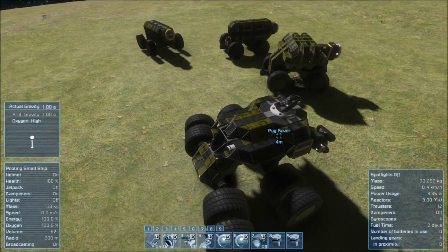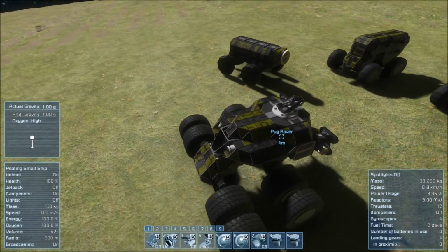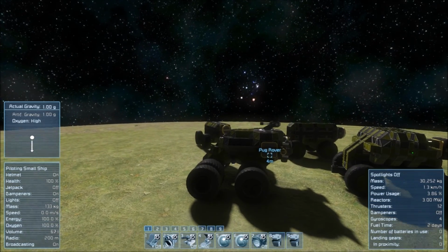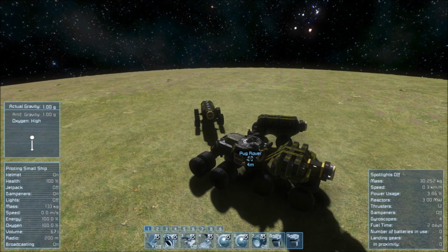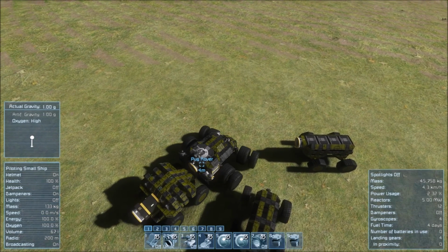So I'm going to attempt. Shouldn't be too easy. Let me turn off the handbrake. That would help. So I'm just going to go ahead and turn this. Oh, the gyroscope makes this thing turn so much easier. Oop, oop. Just going to want to back up. Okay, there we go. Now we're backing up. We're backing up. And we hit attach. And now it's attached, and it works just like a normal trailer,